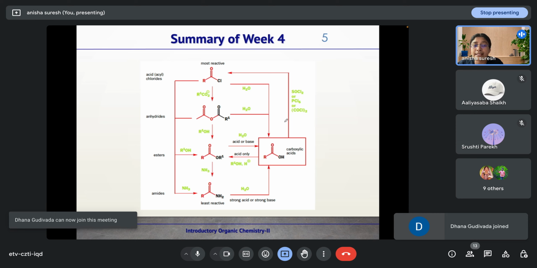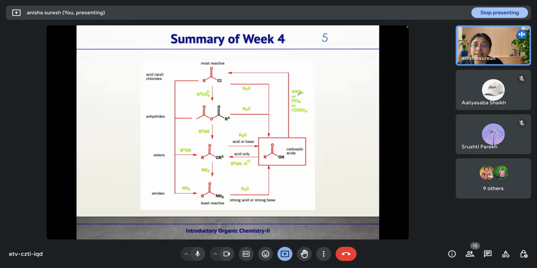And carboxylic acid, by treatment with different reagents like SOCl2, PCl5, oxalyl chloride, etc., could be converted into